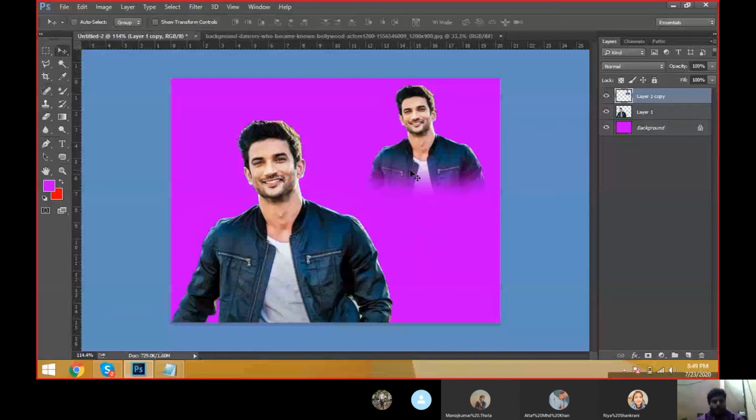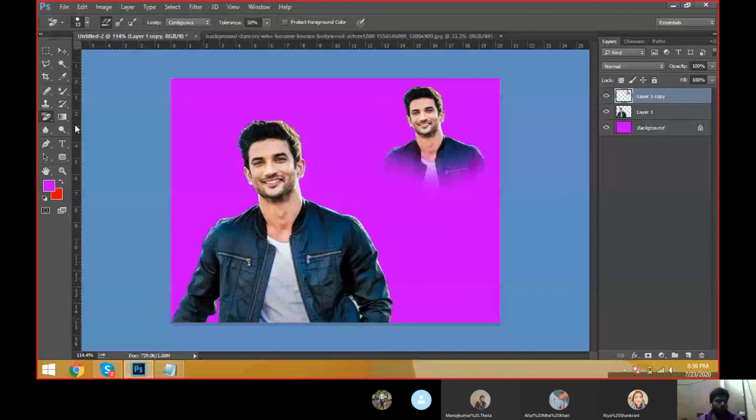What will the eraser help with here? Why does the eraser tool help here? What is the use of the eraser tool? We can erase the unnecessary part of the document or image, whatever it may be. If it is an object or if it is an image, we can erase very easily using the eraser tool. Okay, like this, we can erase it. Okay, then what about the background eraser tool? What is eraser tool and what is background eraser tool? With the eraser tool, we can erase the unnecessary unwanted area from the image.